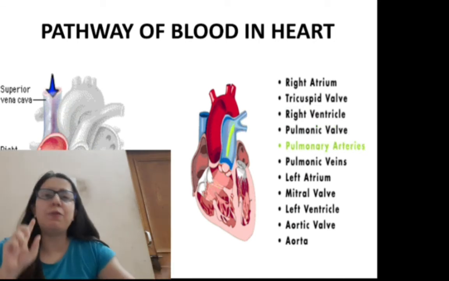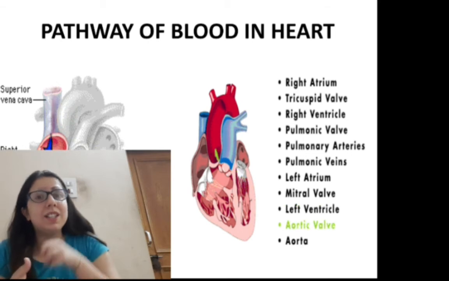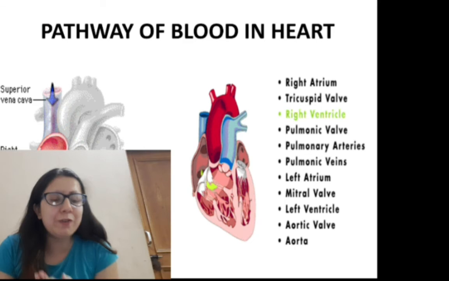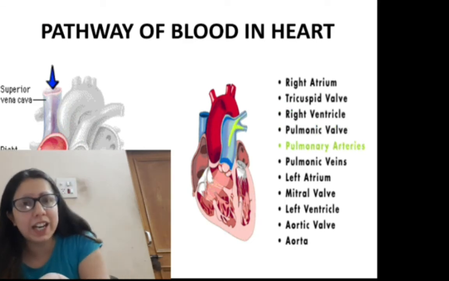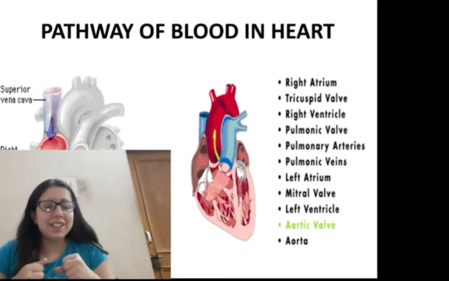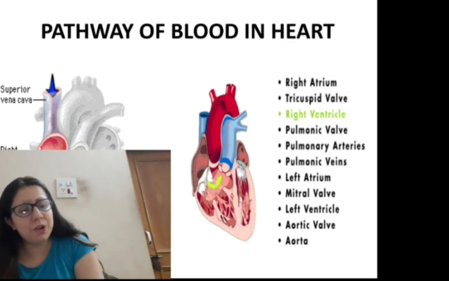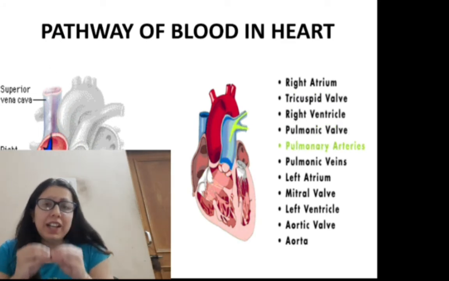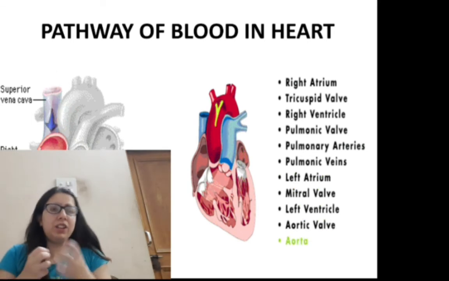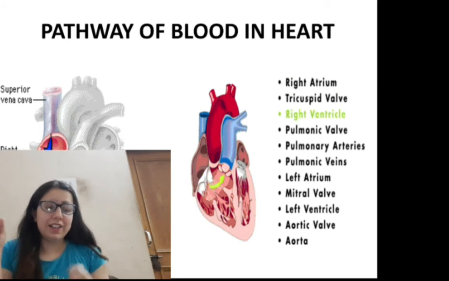Now come to the left part. Now this pulmonary vein empties the oxygen rich blood, oxygenated blood, you can say, from the lungs into the left atrium or auricle of the heart. As the atrium contracts, blood flows from the left atrium to the left ventricle now, right? Then it goes through the mitral valve, right? Mitral valve. And when the ventricle gets full, like it did in the previous section, then what happens?